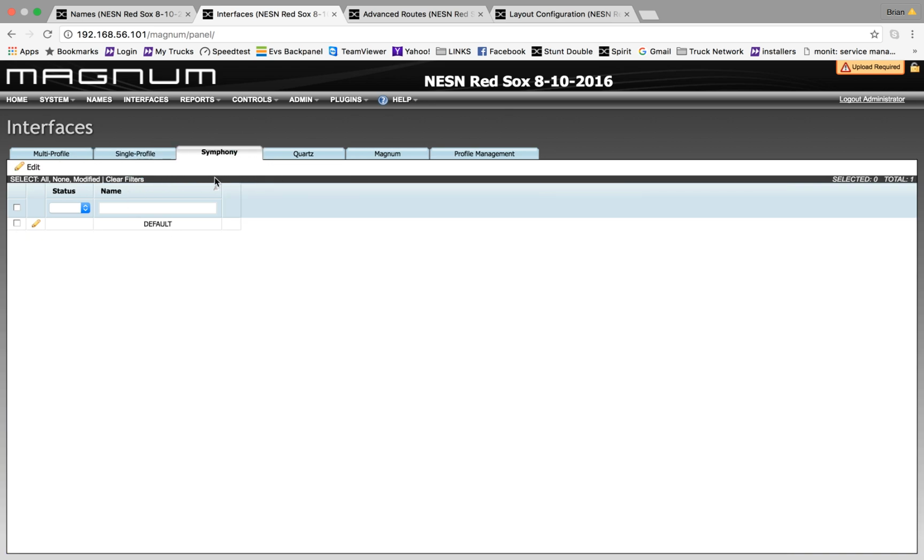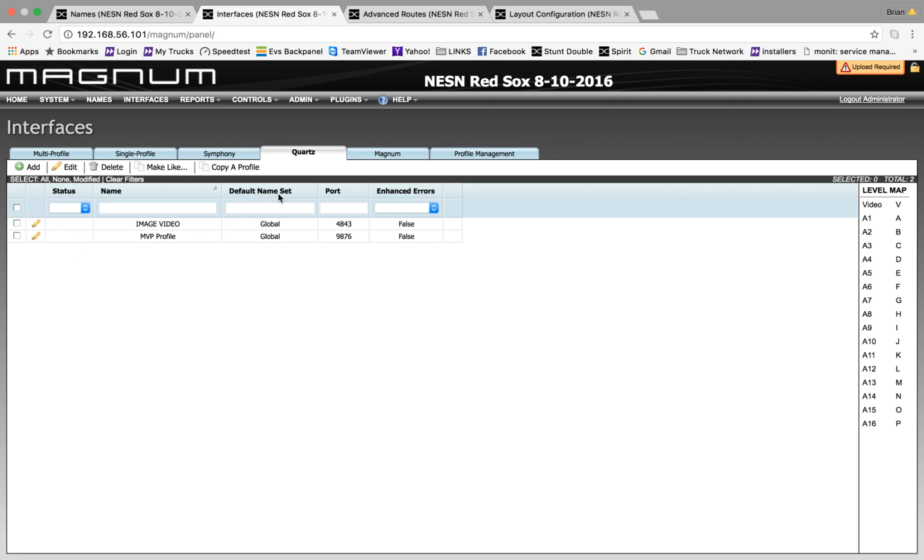Now, Symfony is something we don't use very much, but that's with third-party interfaces and profiles, bringing them in, so that's really not something that we do. Quartz deals with image video. So if you go here and you go to image video and you edit it,